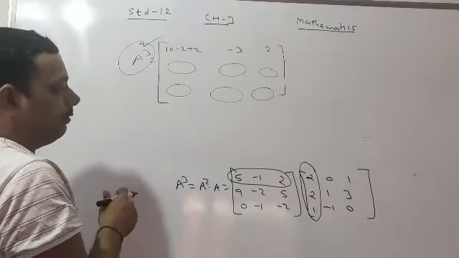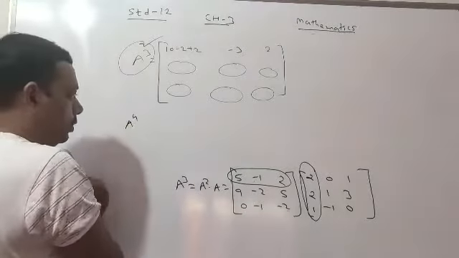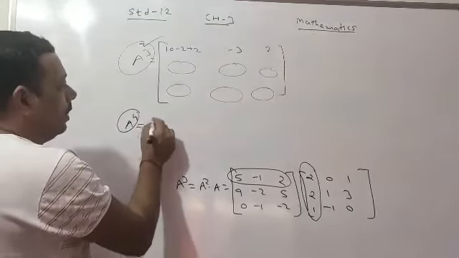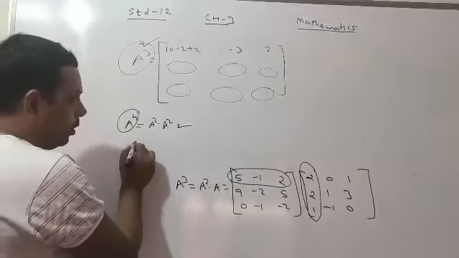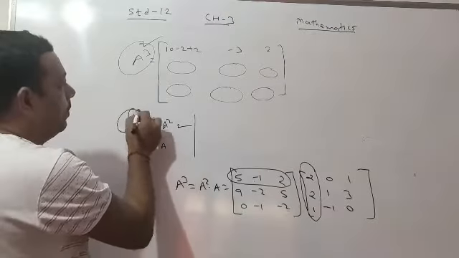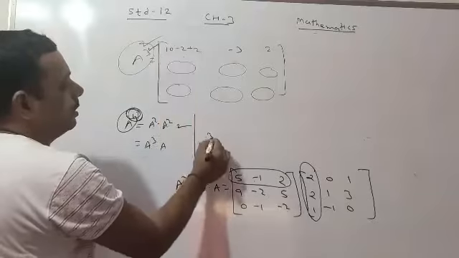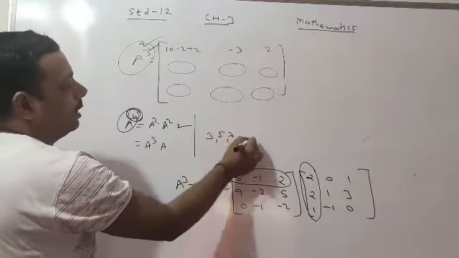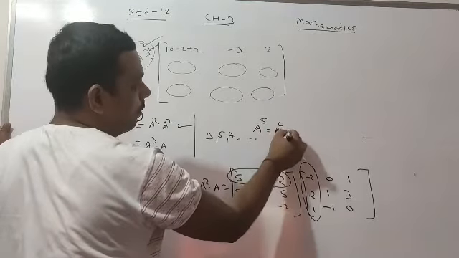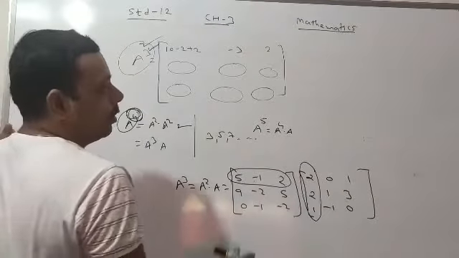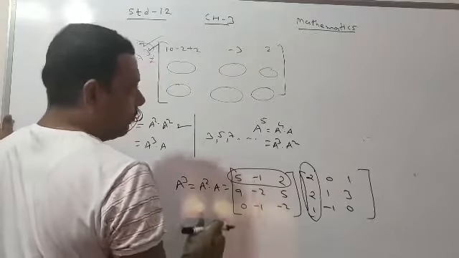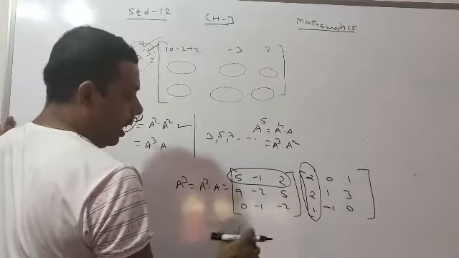Okay, this way you can find A4 further. So we can say that to find A4, A square into A square is valid, or A cube into A is also valid. But when the power is an odd number, that is 3, 5, 7 like that, suppose my question is A raised to 5, it means I must first find A4, then only is it possible. Or you may find A cube, then A square, then also it is possible. So these are the different combinations to get the answer.